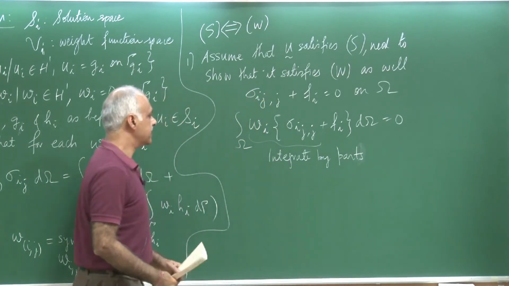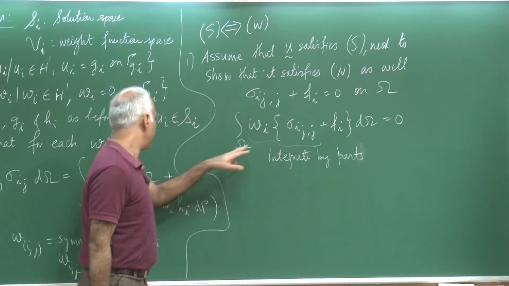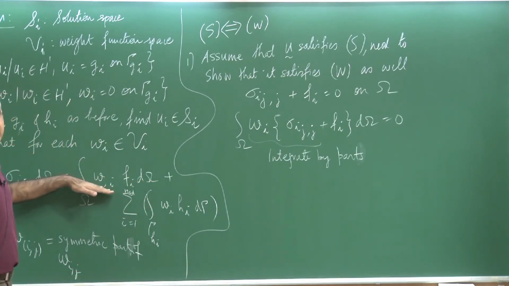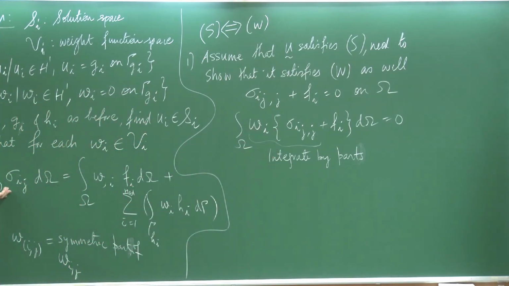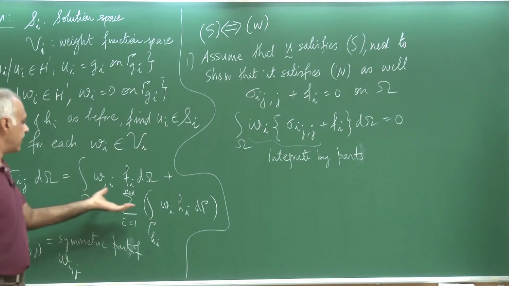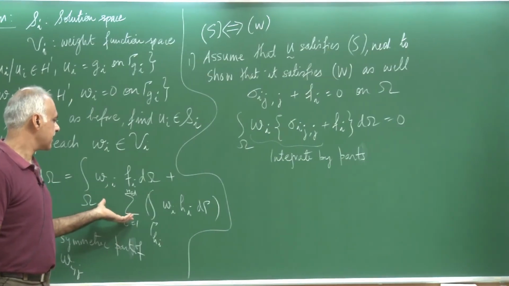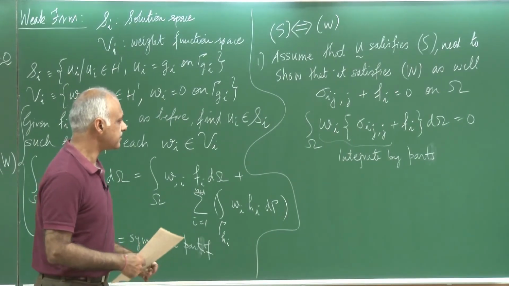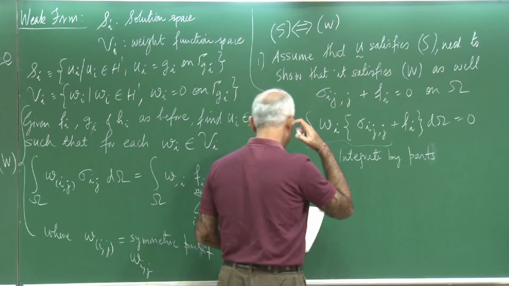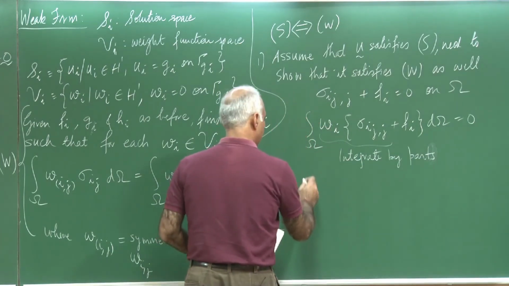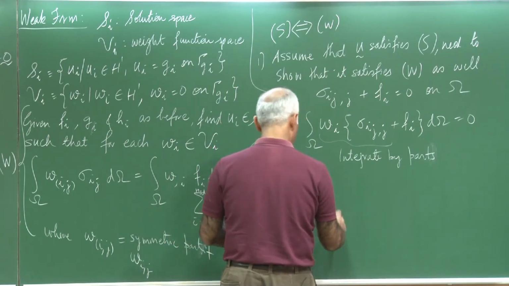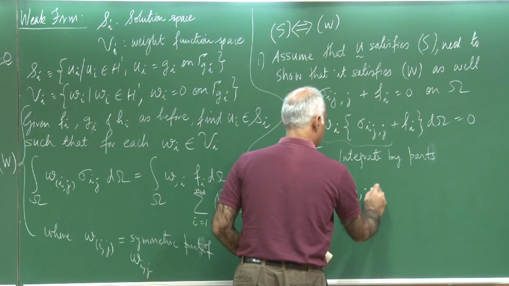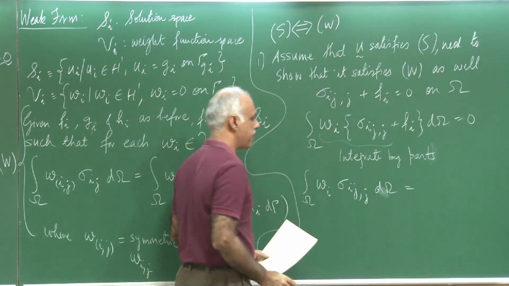If you will kindly notice, the second term W i f i in fact is intact in the weak form, and it is only the first term that actually leads to two of them. One is on the left hand side and the other one is the boundary condition that comes out of integration by parts. So let me just focus on this term over here. Let me write down the integral over omega of W i sigma ij,j d omega.